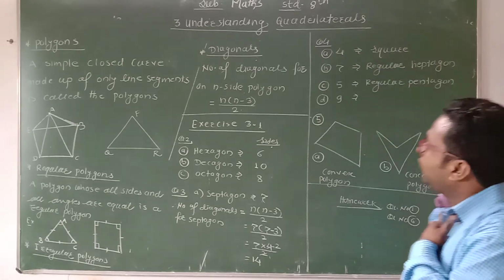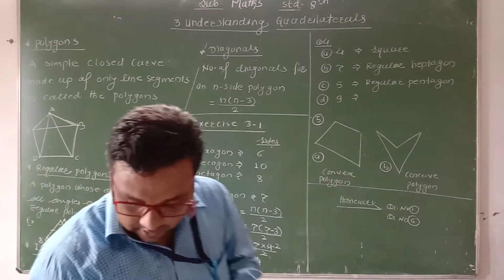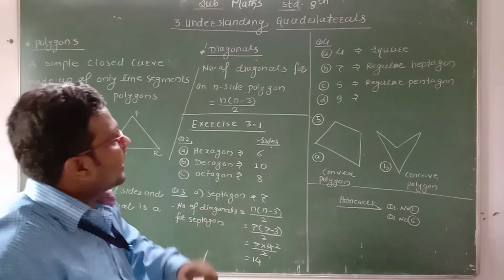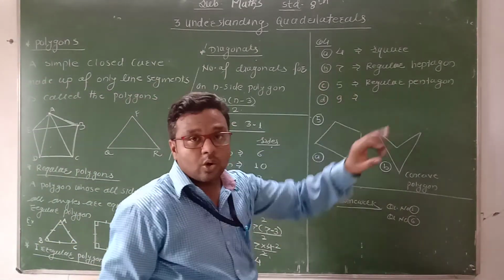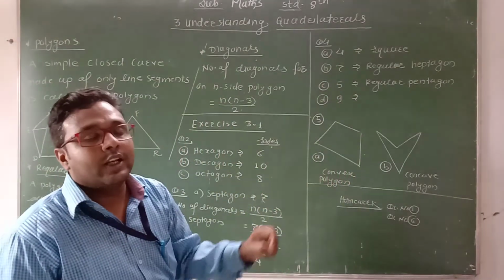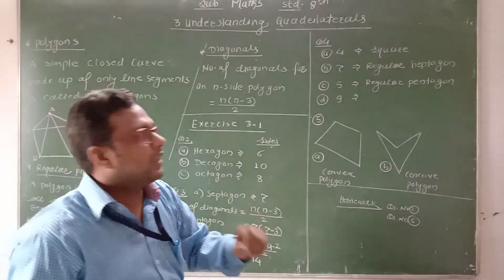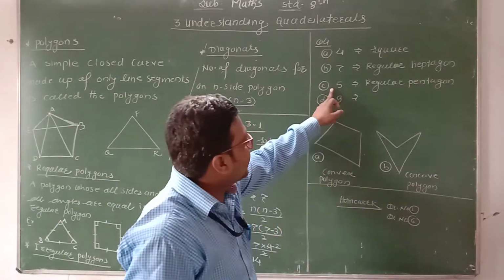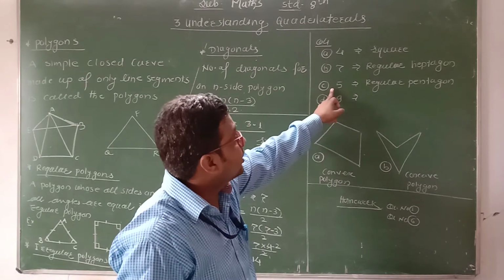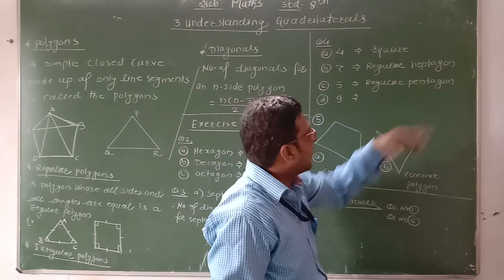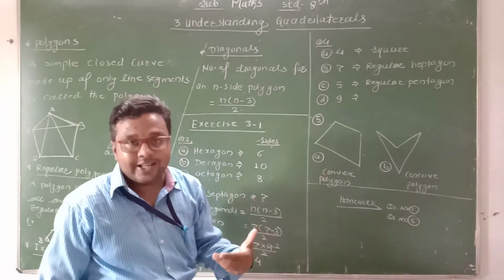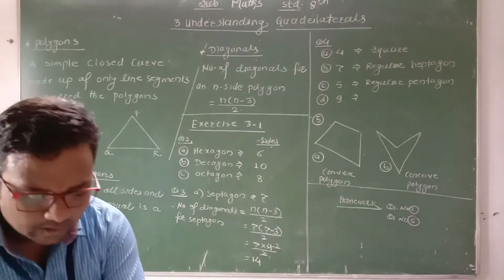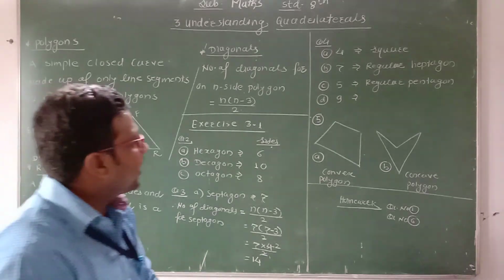Clear? Then name of the regular polygon with 7 sides. 7 sides, it is called a heptagon. Okay. Therefore a 7-side regular polygon is called a regular heptagon. Clear? Then the 5-side regular polygon is called a regular pentagon. Then what is the name for the 9-side? Yes, this is the regular nonagon. Okay, that you have to complete.